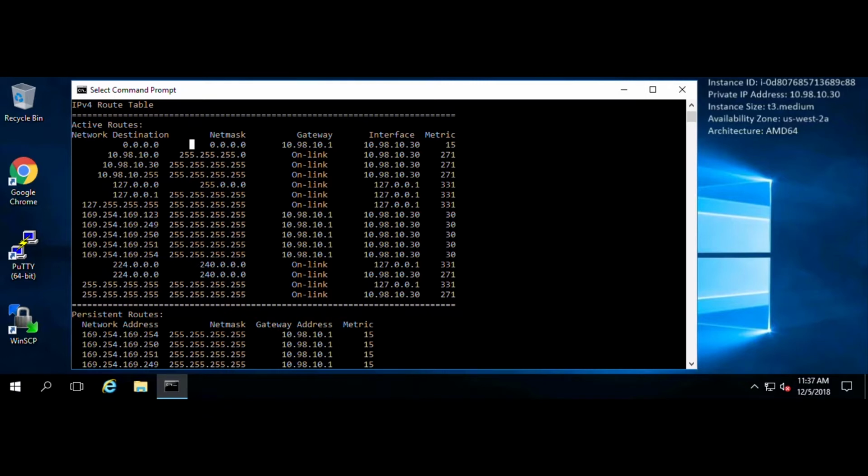address. For example, if you're trying to reach a host with an IP address of 192.168.1.5, and the routing table does not have a specific route to the IP address, it will forward the packet to its default gateway. In our example, our default gateway is 10.98.10.1. Now, if this gateway has a route to the 192.168.1.0 network, it will forward the packet. If it doesn't have a route to the network, it will not forward the packet out, and from there the